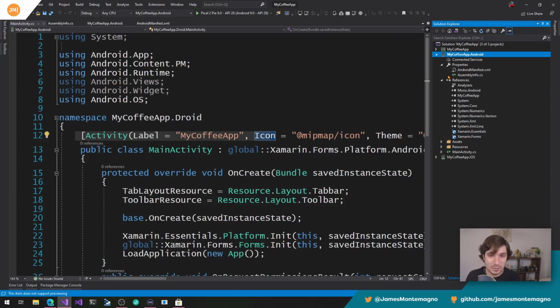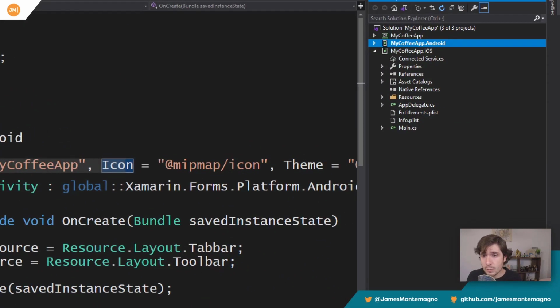Of course, I'll put links in the bottom here, so maybe you've already skipped ahead to iOS. But iOS is going to be relatively similar. So let me go ahead and jump in here, and I want to show you a few things. There's a few important files for iOS. First is the Info.plist here and the Entitlements.plist.